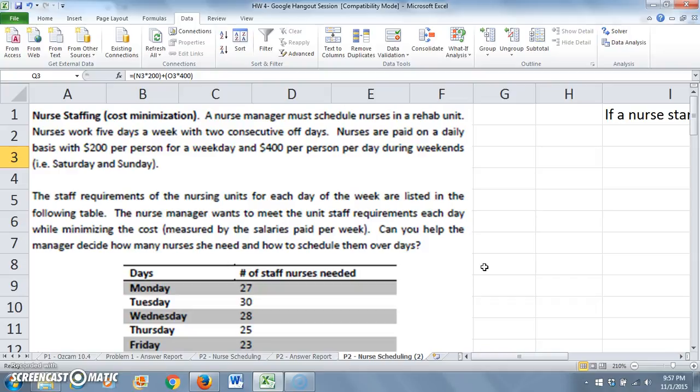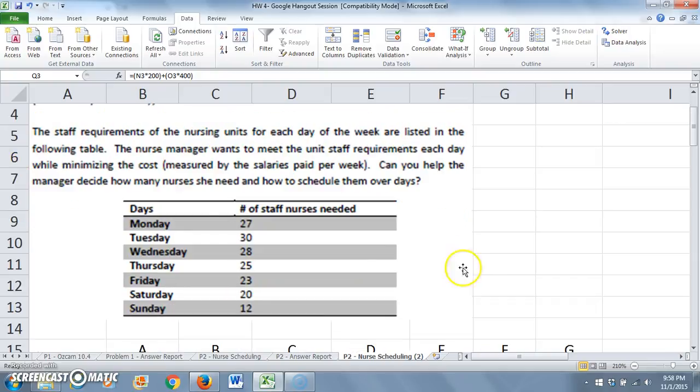So the nurses are paid on a daily basis, and they will get $200 per person for working a weekday, and then $400 if they work Saturday or Sunday. So we also have this information about the minimum number of nurses needed per each day. So on Monday you need to have at least 27 nurses, on Tuesday at least 30, on Wednesday at least 28, etc. So the objective of this problem is to minimize costs while making sure that you have enough nurses